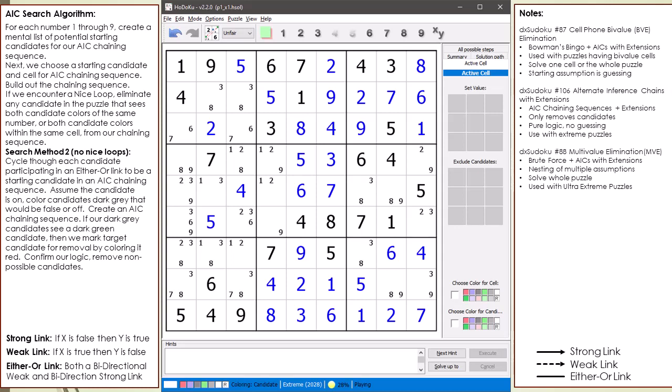In this video, I demonstrated using AIC chaining sequences with or without extensions as a way of eliminating candidates from the puzzle. This video only shows how to remove possible candidates from the puzzle. Once a chaining sequence is found that is useful, there is no guessing with the way the candidates are removed. As long as a puzzle has candidates participating in strong link relationships, AIC chaining sequences with extensions can be used to solve a very large class of extreme puzzles. However,